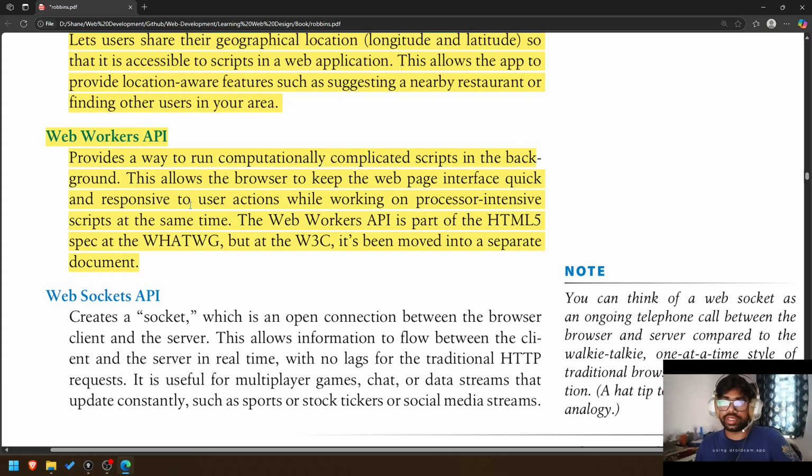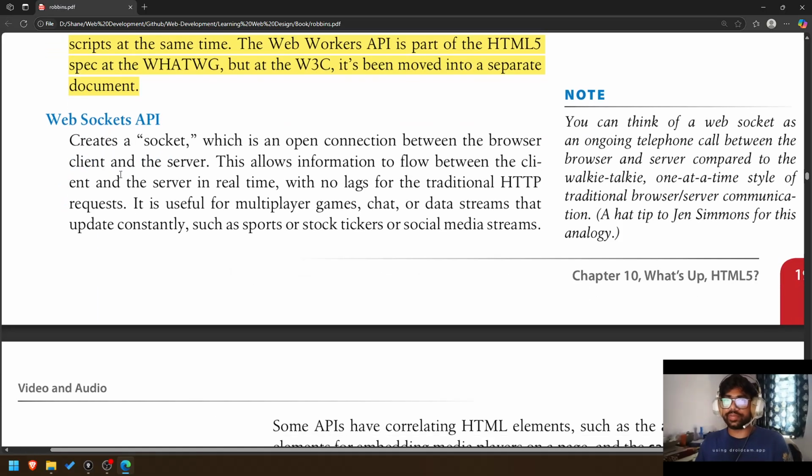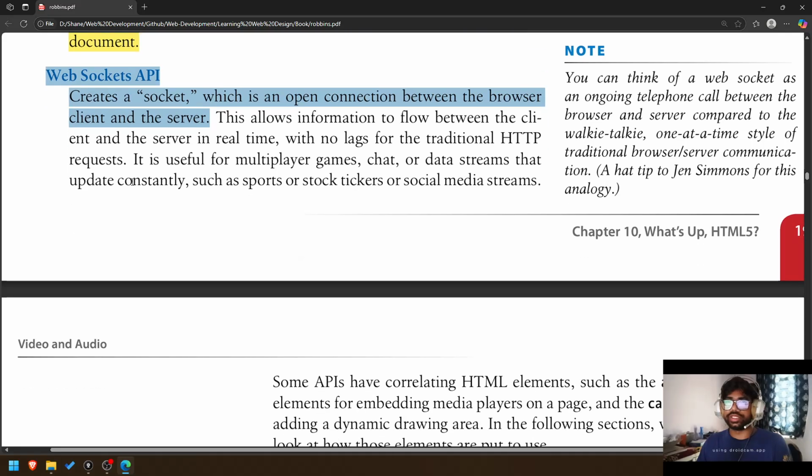WebSockets API creates a socket which is an open connection between the browser, client, and server. This allows information to flow between the clients and the server in real time with no lags for the traditional HTTP request. It is useful for multiplayer games, chat, or data streams that update constantly, such as sports or stock